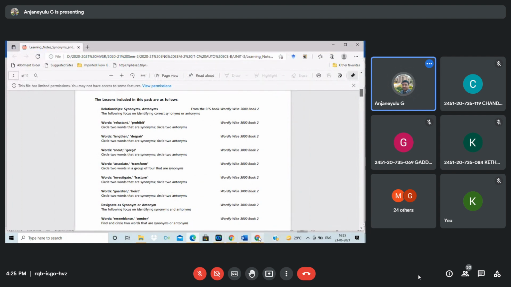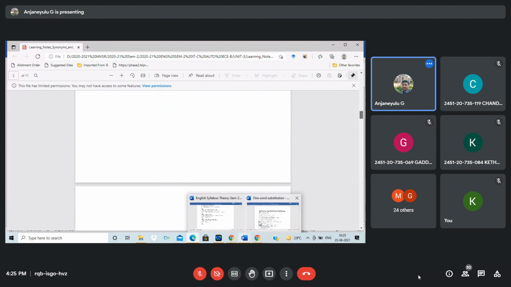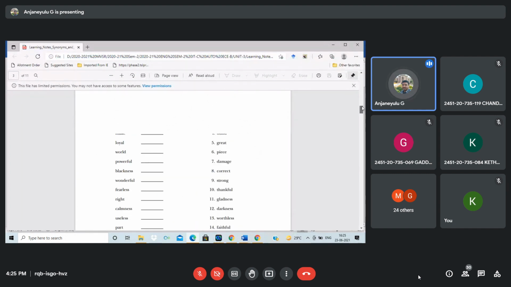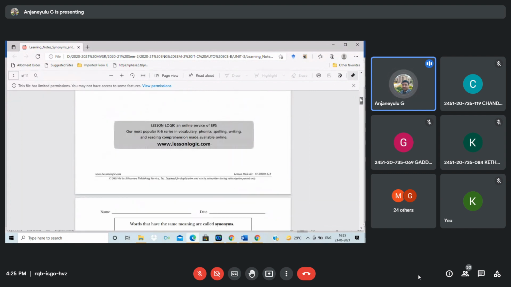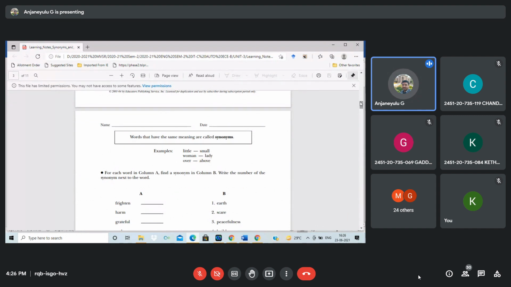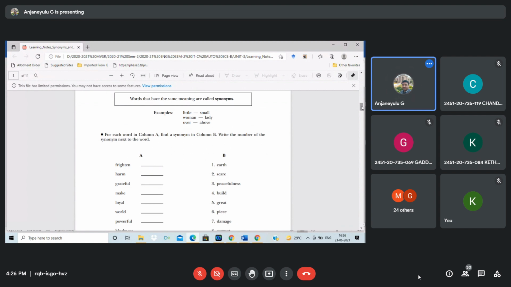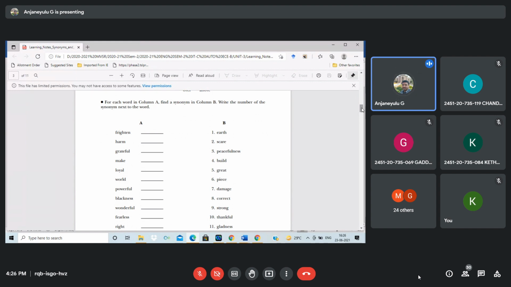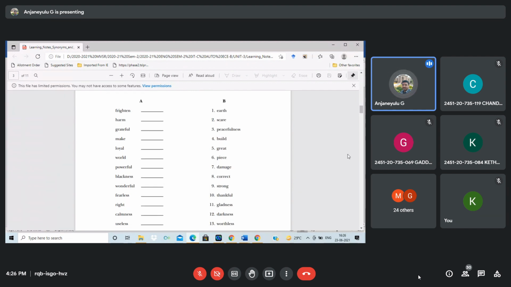One second, students. Yeah. So in this example, try to see here: words that have the same meaning are called synonyms. This is a simple and general statement. If you look here, a few are synonyms which we use. But here, tell me, how do you identify exact synonyms, A with B? So tell me please, is it visible, ma'am? Is the matching words for synonyms?